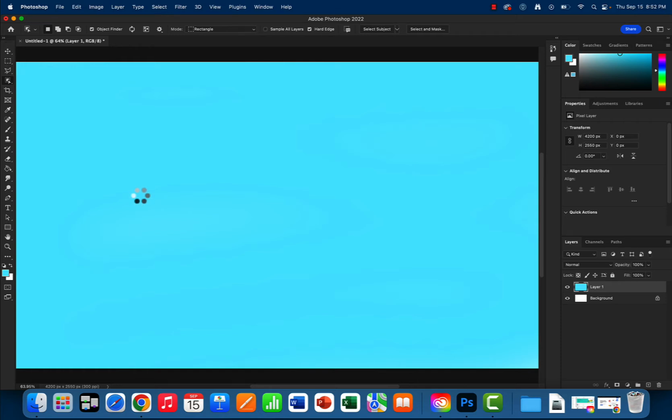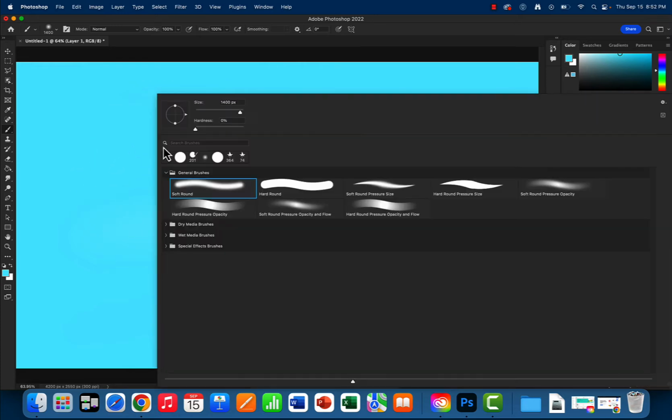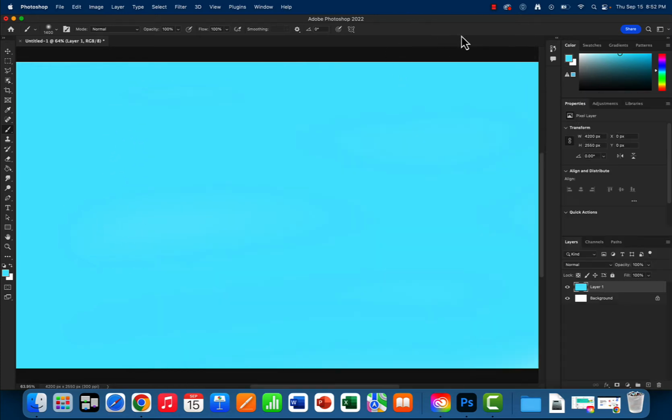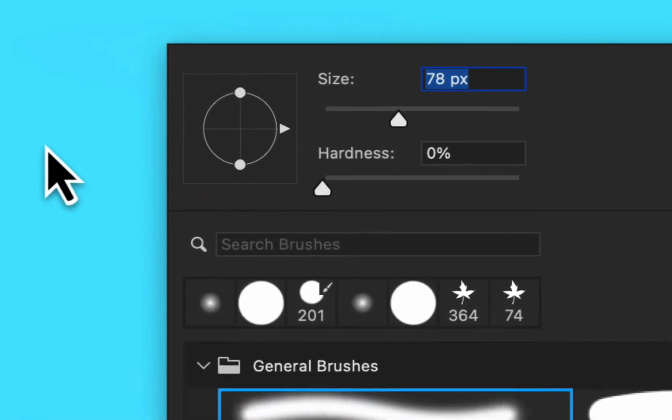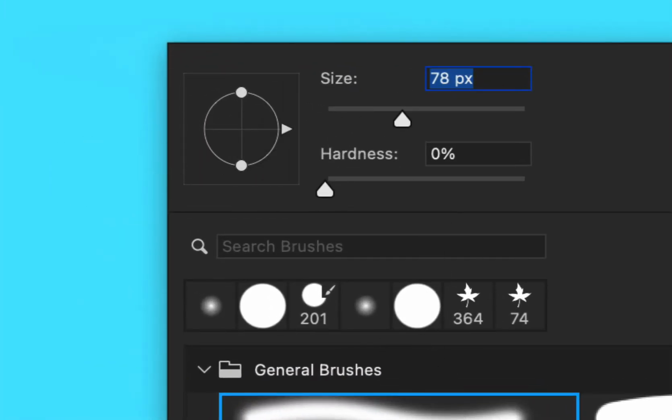paint bucket tool? We learned that tool yesterday. That works. That does the same thing. There's always so many different routes that we can take as we explore this program. I'm going to press Command-Shift-N, Enter. I'm going to press B for brush. I'm going to right click. I'm going to reduce the size now to, let's say 78, and I'm going to increase the hardness to 100%,